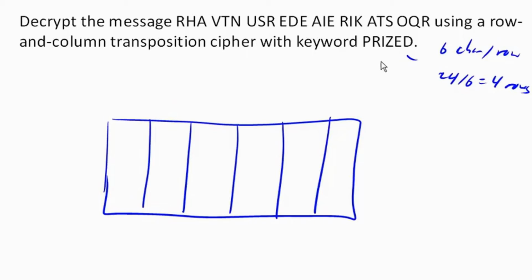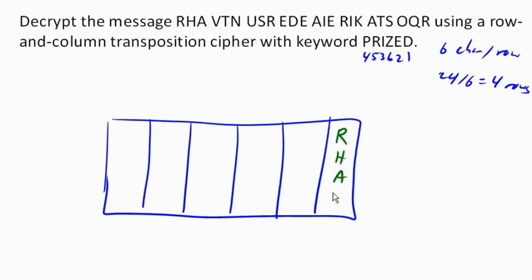Now, remember, the keyword tells us the order in which the columns were read. In this case, the letters go A, B, C, D, E, F, G, H, I, J, K, L, M, N, O, P, Q, R, S, T, V, to the end. So it tells us the columns were read out in this order, and that is the same order in which we're going to need to write them down. So the beginning of the message came from the last column, because that would have been the first one to get read. So we'll write down